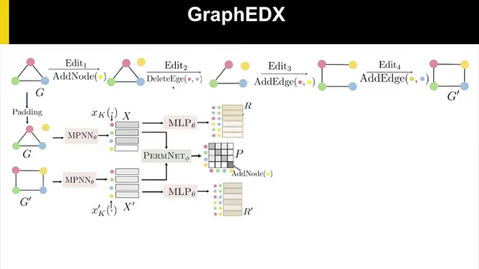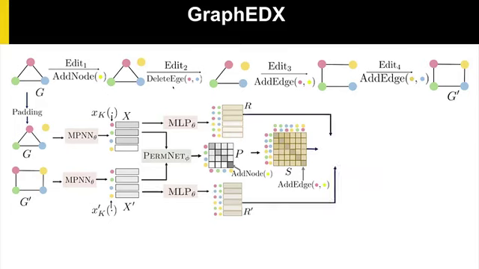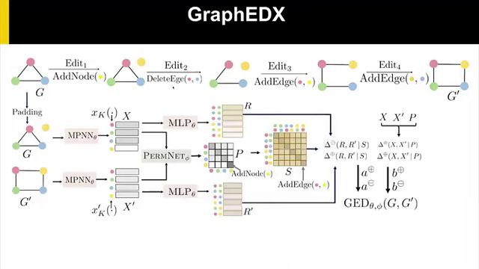Alongside this, the node embedding matrices are further processed using MLP layers to obtain edge embedding matrices R and R prime. And the Kronecker product of the node permutation gives us the edge permutation, which together with the edge embedding matrices can be used to model the edge insertions and deletions. And thereby all four types of edit operations are distinctly modeled and can be weighted by the specified cost to